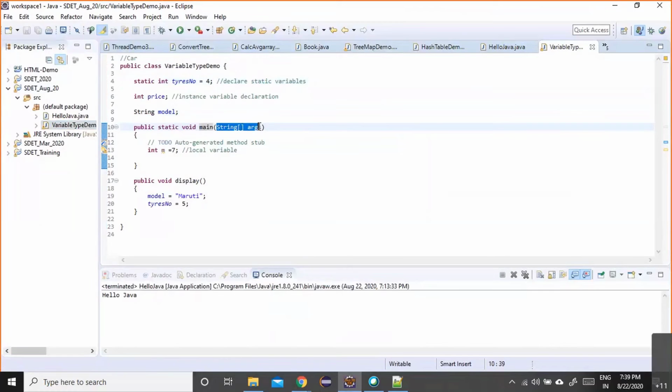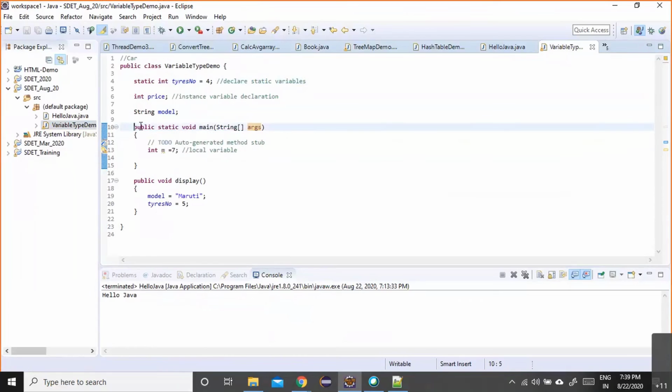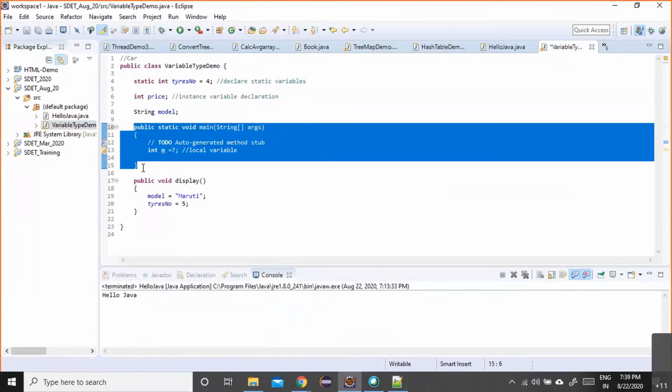It takes this as an argument, which is the string array. Whether you are using it or not is all right, but it will always expect a string array to be passed as an argument. You may use these args in your code if you wish to, but this is like everything in Java. Syntax is very important. The way you declare classes, the way you declare methods, and especially this main. So this is a standard definition of main.